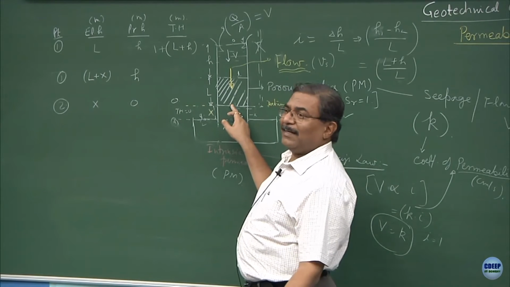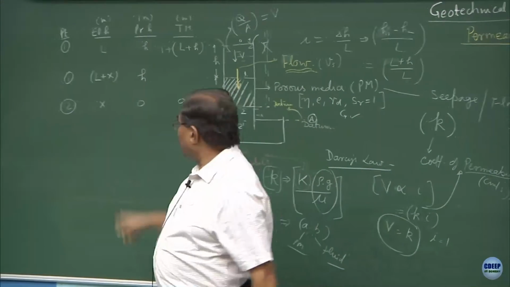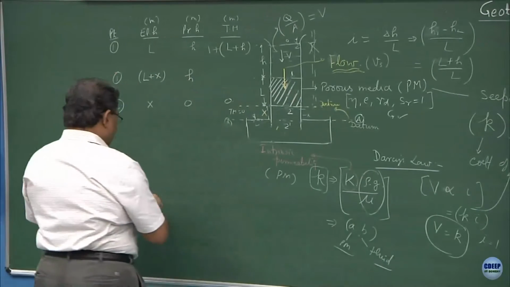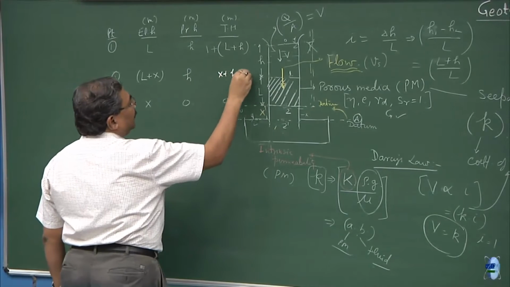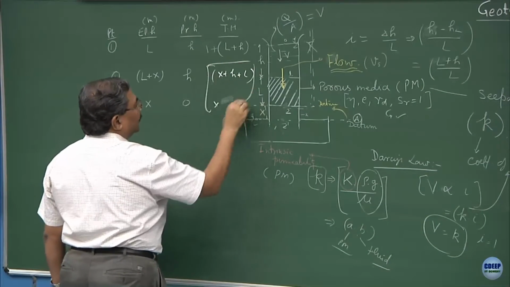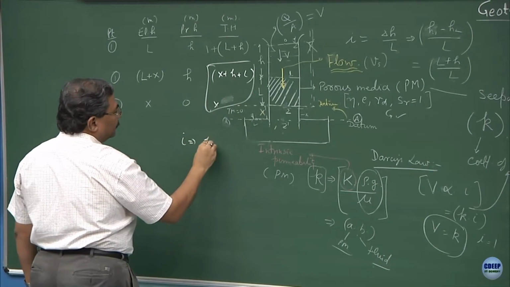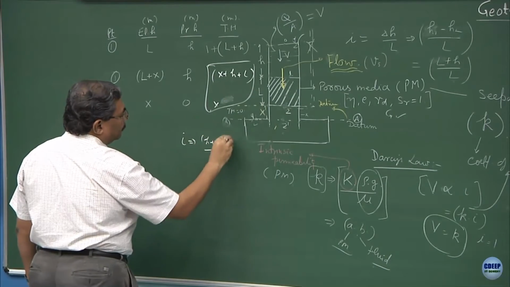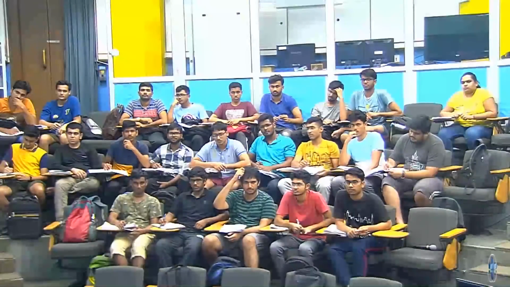And that is what I said, a better way is you just take the datum over here and compute. Now, I have shown you technically. So, what happens? The total head becomes x plus H plus L, and this is x. What is going to cause the hydraulic gradient? This minus this. This is the correct logic. Piezometric tubes normally do not fall.